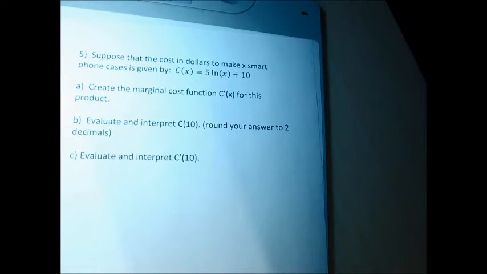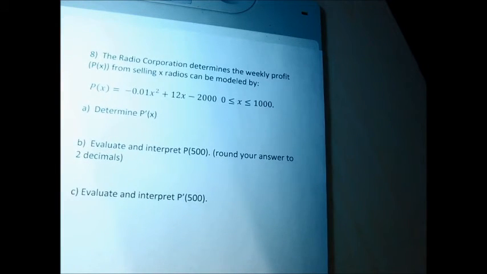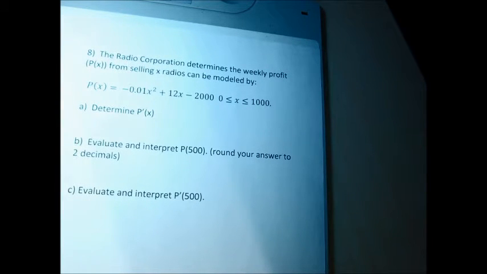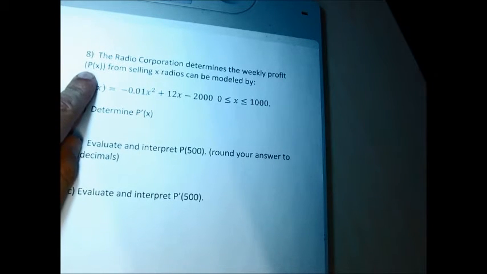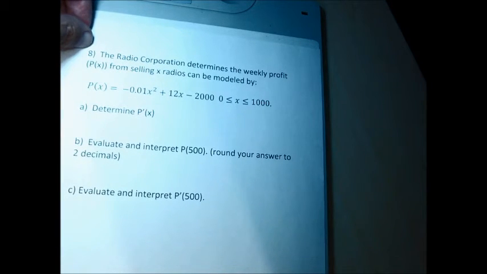So pause the video, give it a go. And then the next problems, they're no longer cost functions, but it's basically not anything new. So the difference between the first 6 problems and the next problem is the function now isn't a cost function. So the radio corporation determines the weekly profit P of X from selling X radios can be modeled by